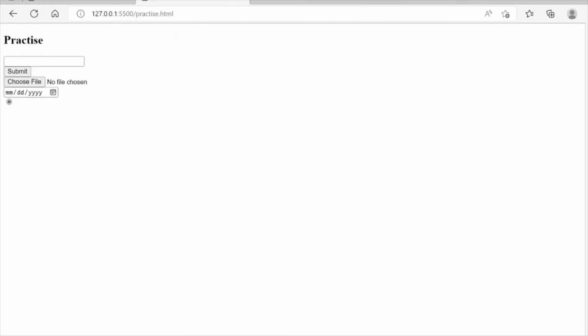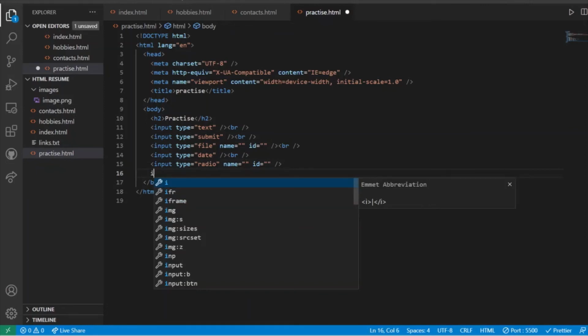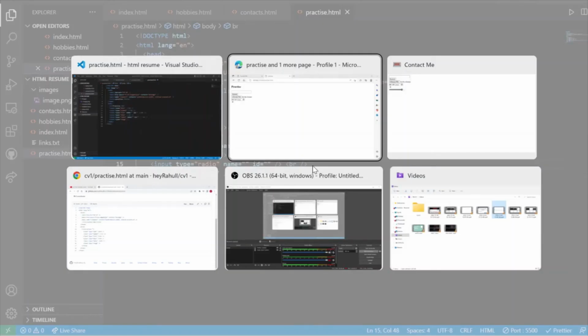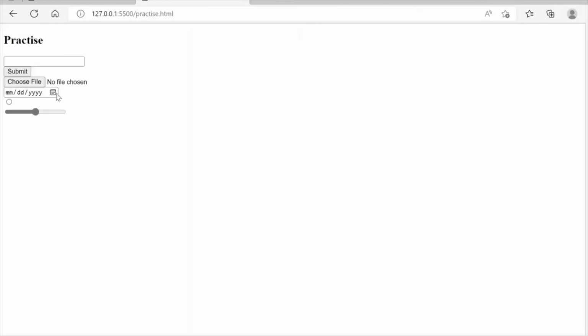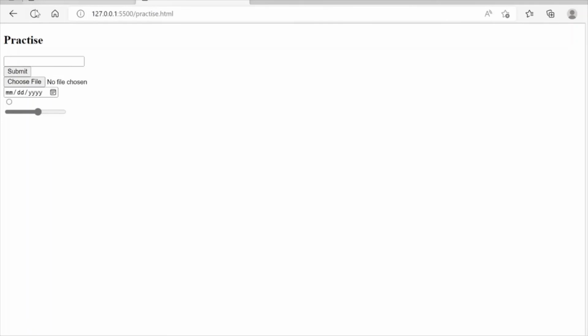And the last thing that we need is a range selector. So for that, again, we are going to select input, and the type will be range, right? And now we are going to put a break also because we need everything in different lines. And I'm going to click save. So we have our range picker with us. So you can see this is our site. So now you can see the structure is exactly similar to what we needed. So this was your practice assignment.